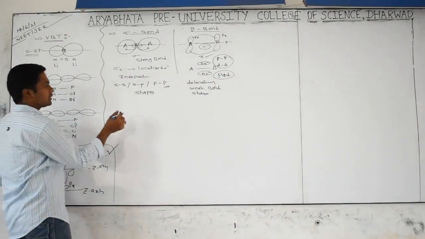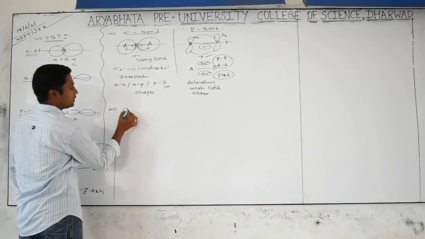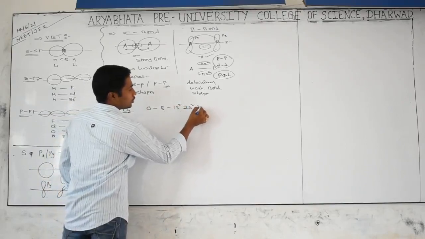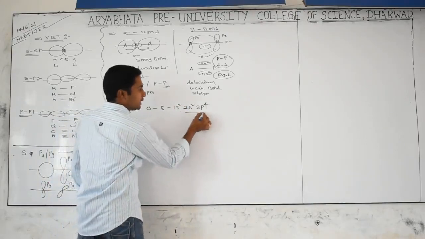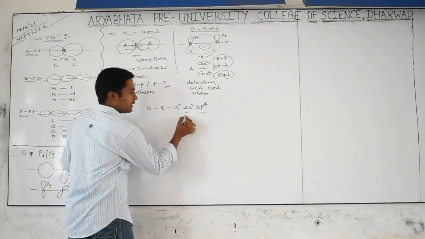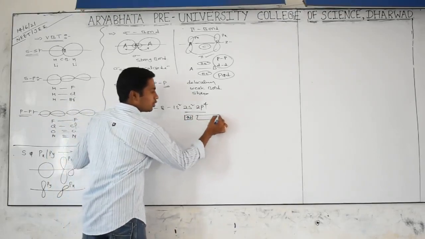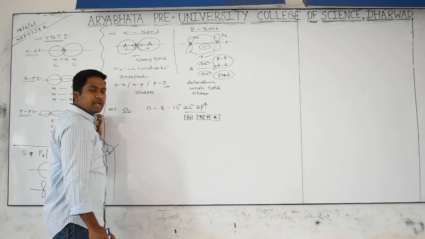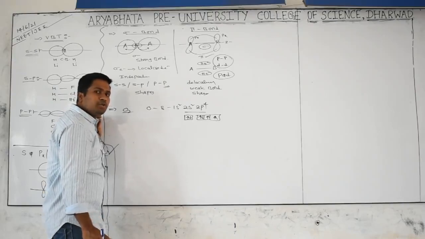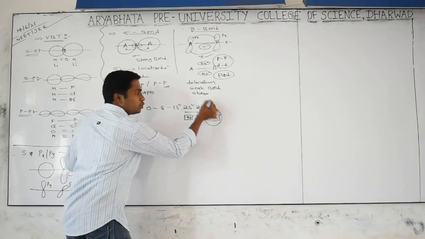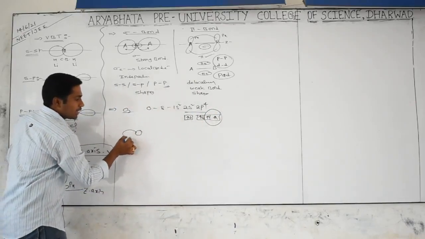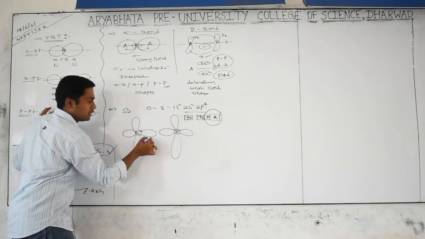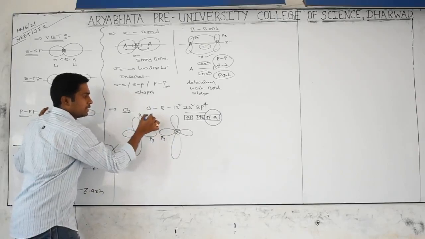So I will tell you an example for understanding, nothing but oxygen. Oxygen means 8 electrons: 1s2, 2s2 and 2p4. Generally in VBT, the valence shell orbitals are involved. The 2s is already paired. The 2p are of 3 types, so one is paired and 2 are unpaired. From oxygen, according to VBT, how many orbitals are ready to participate in the covalent bond? 2py and 2pz. On each oxygen we have 2py and 2pz. Write down here py, py and pz, pz.